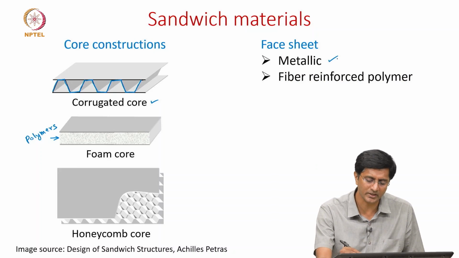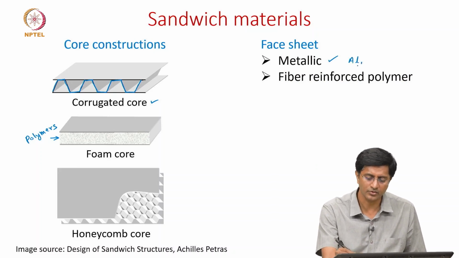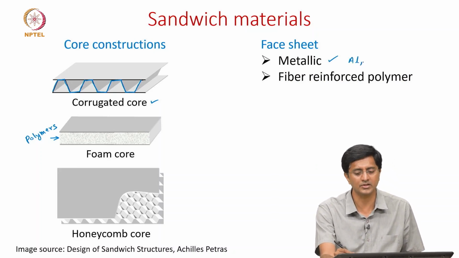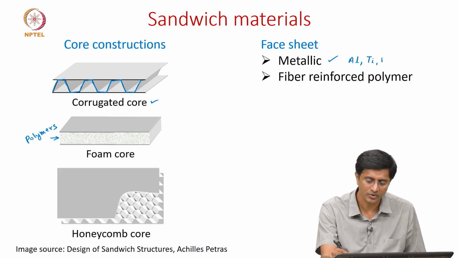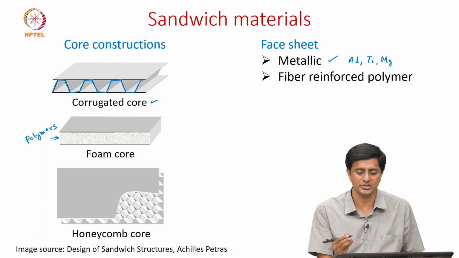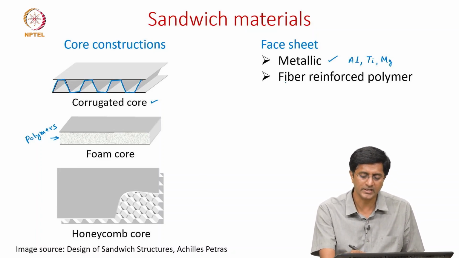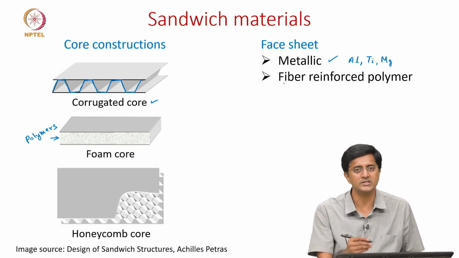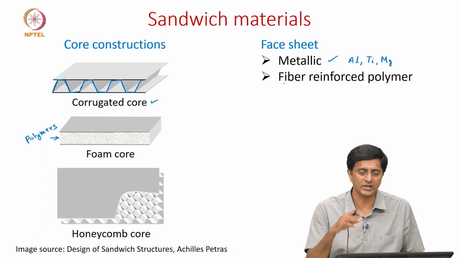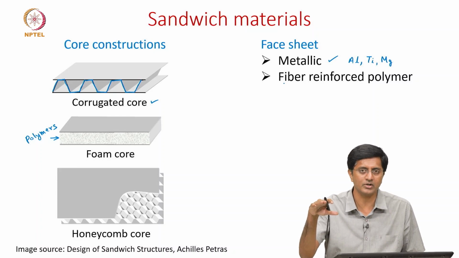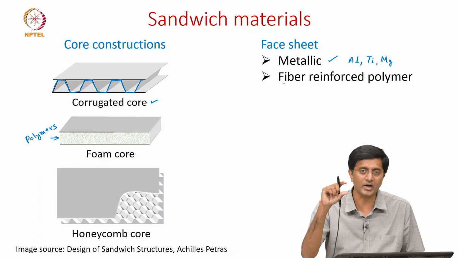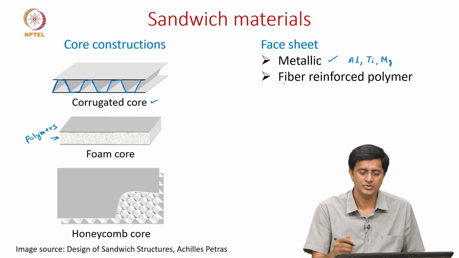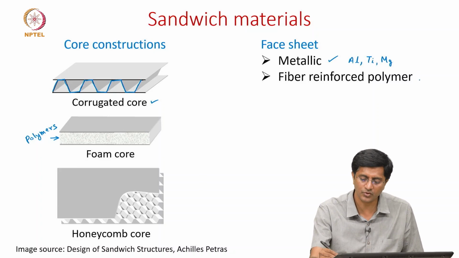Now moving to the face materials, we have two options. Either we can go with metallics, like high strength alloys such as aluminum alloys, or they can also be replaced with titanium or, these days, with magnesium face sheets. And the second commonly used material is our composite laminates itself. It can either be a single layer of CFRP, GFRP, or any other fiber reinforced polymer, or a complete laminate itself. So the face sheet itself could be again like 10 to 20 layers